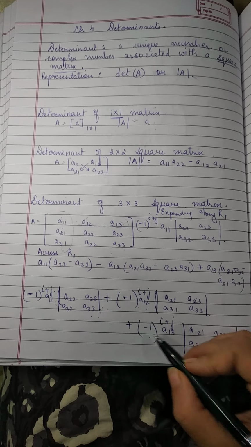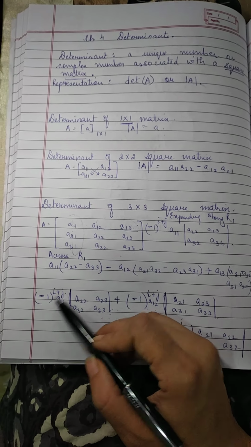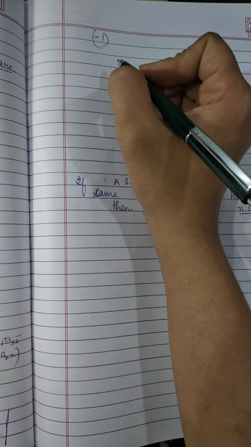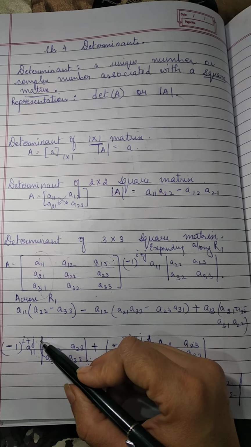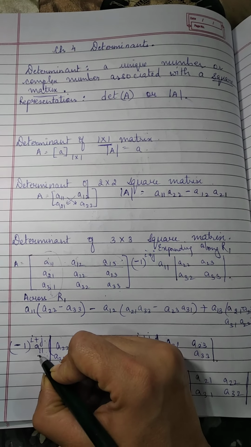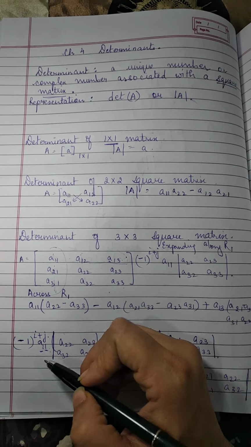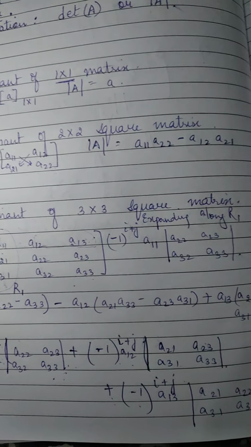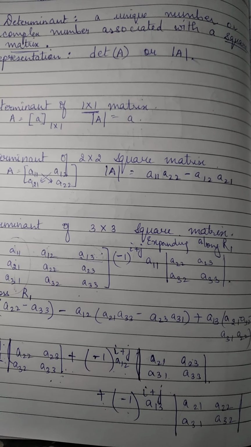So this minus sign with the term of a determinant would depend upon the position of the element. Now, for convenience, if I put here minus 1 to the power i plus j, now what is i plus j? It's 1 plus 1. That's 2. So minus 1 squared is how much? See, this is i and j, the position I'm talking about for the first element. So it's positive. Minus 1 squared is positive. We have A11 and then we put the determinant sign and the elements A22, A23, A32, A33.